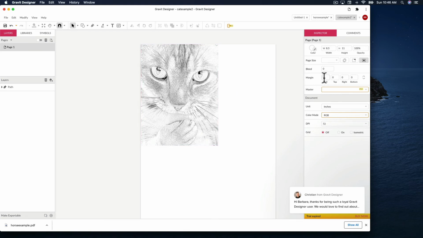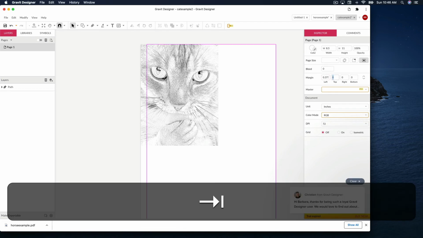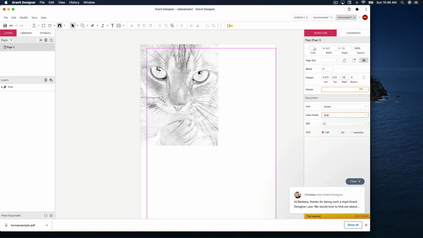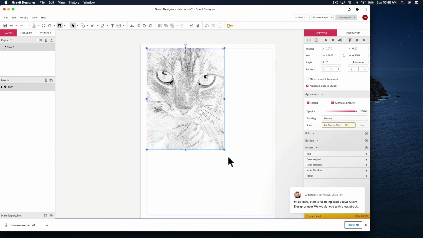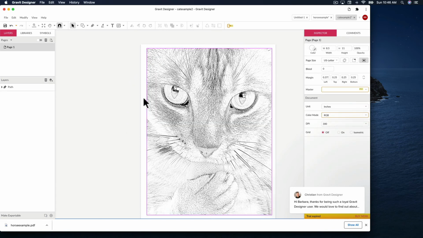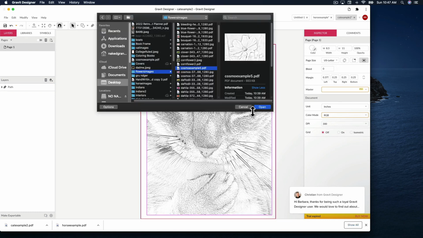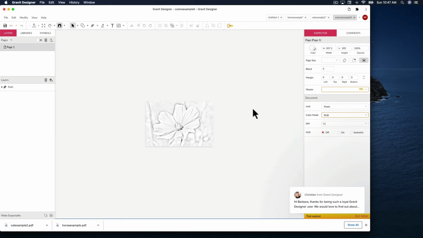Okay, so we're going to go back here, and this time 0.375, 0.25, 0.25, and 0.25. Okay, so we're going to take our kitty, move him into those dimensions. Here we go. And there's our kitty. Here's the gutter, and then here's the 0.25 sides. There's the flower. So we're going to go back, tell it inches,